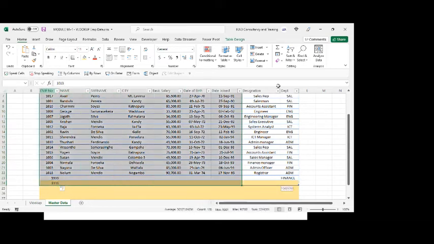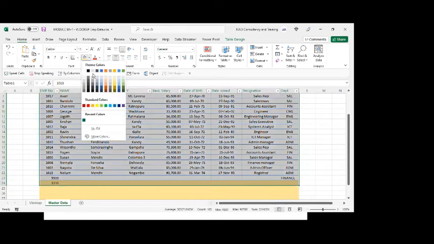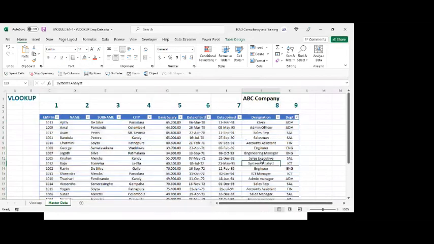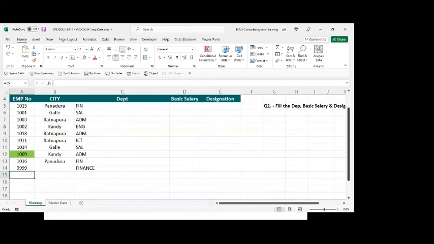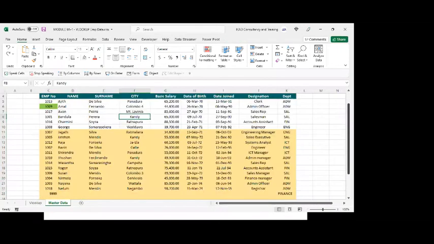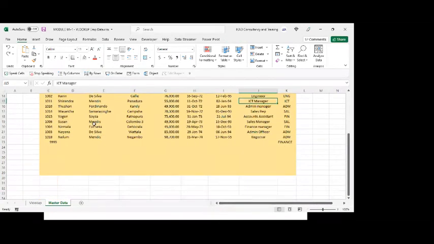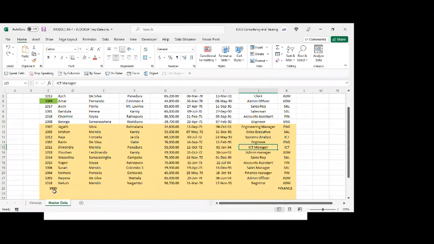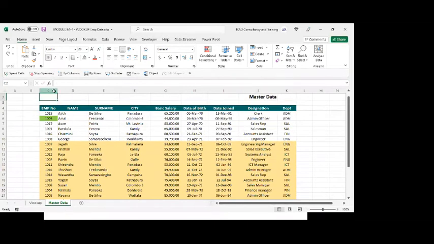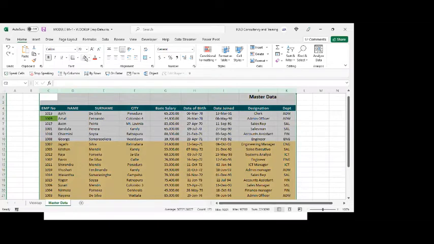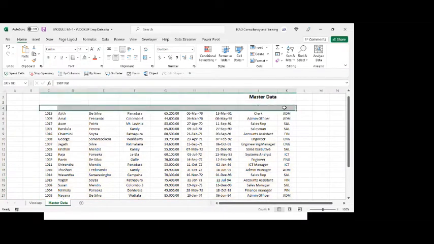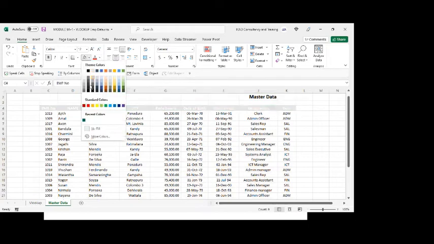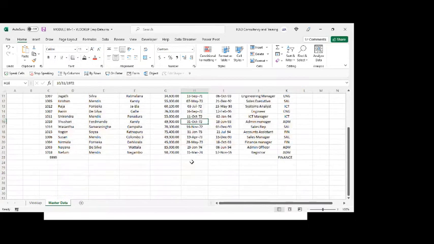Let me remove the color of this also so that it won't come. But at the time of putting this, I'll undo it, right? I'll undo both these things. All these things, I'll start from fresh. Okay, this is where we had the table. Let me remove the colors. Making a table feature is also a very useful thing. Why did that go off? Let's go white color, right? Okay. Now it's not a table, just the data, right?